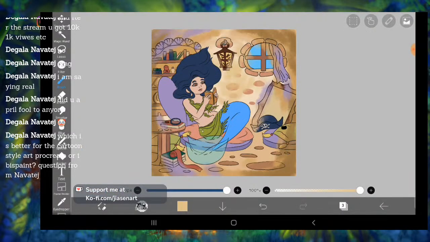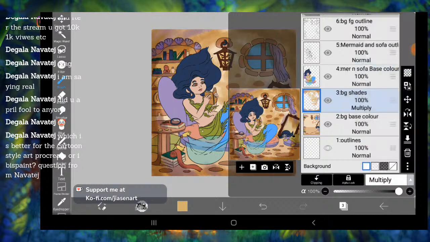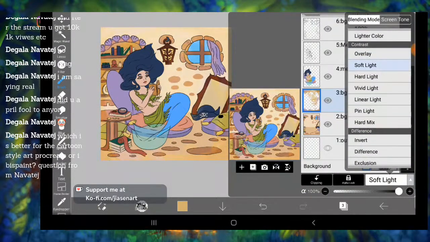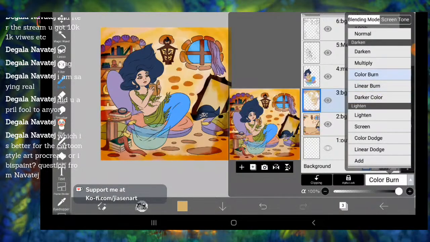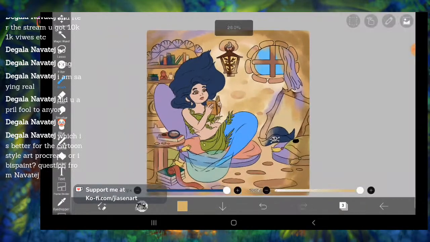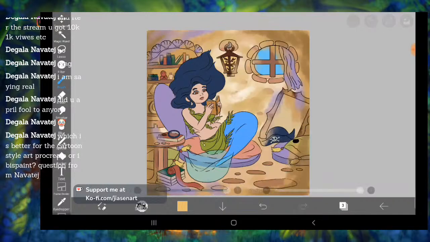I have seen other people making Procreate videos, but I've never seen the app myself. So it's not possible for me to know which one's better. I can say Ibis Paint is pretty user friendly, and